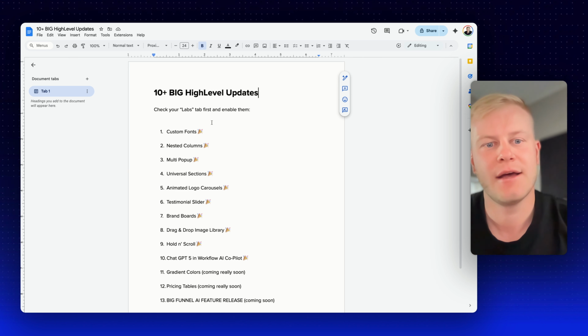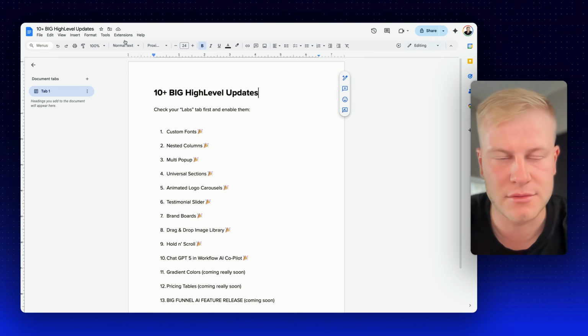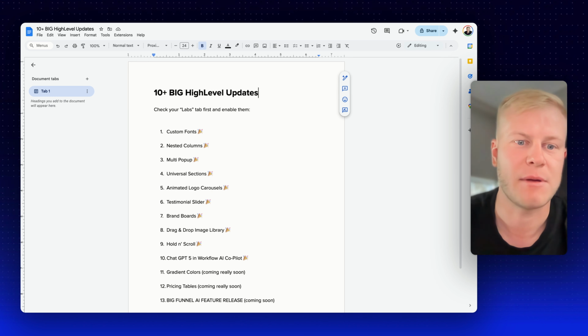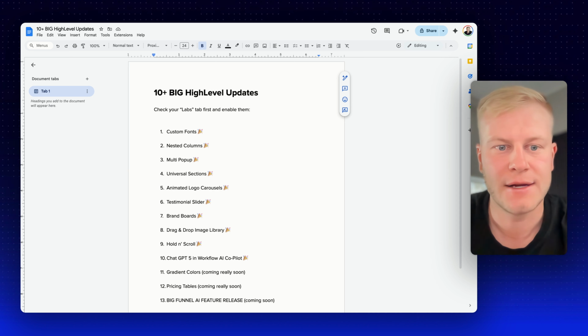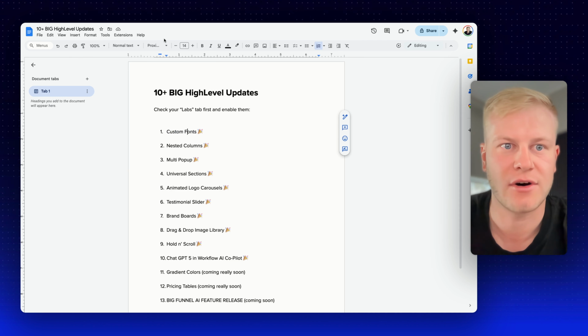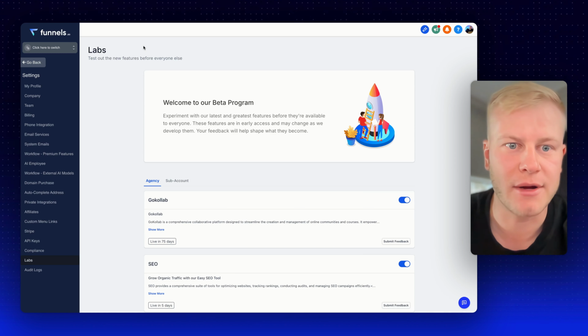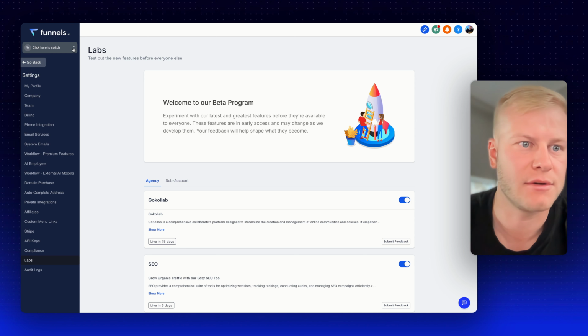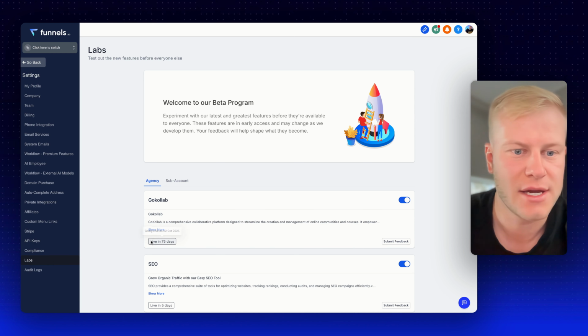So the first thing, for those who are building funnels for your own business, for clients, maybe using the funnel builder or the website builder, we now have custom fonts. So I have been asking the developers for a very long time, and finally we have custom fonts. It's already live. You can go into your labs account. So if you go into your agency settings, you go into labs, you're going to see